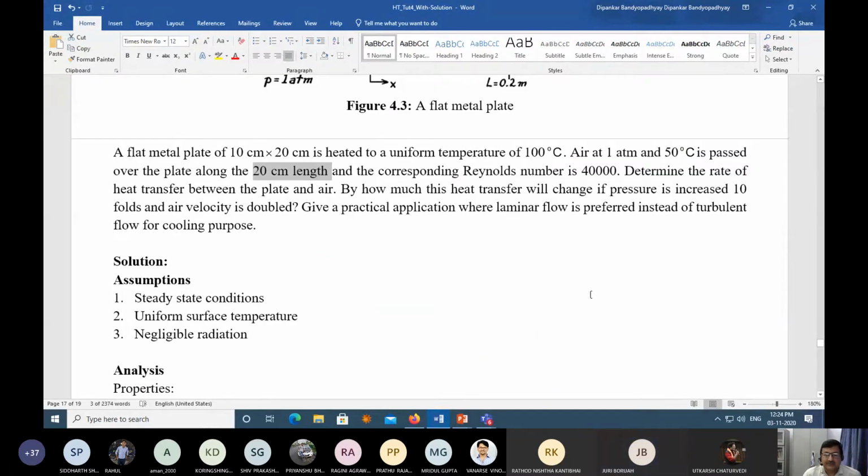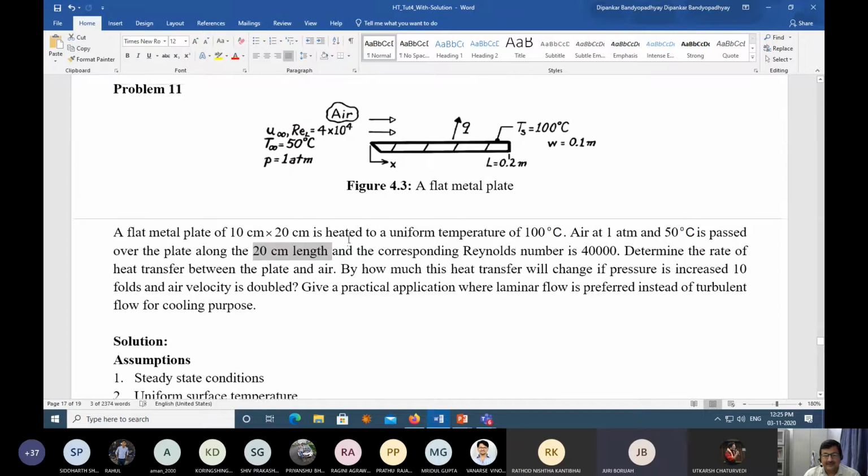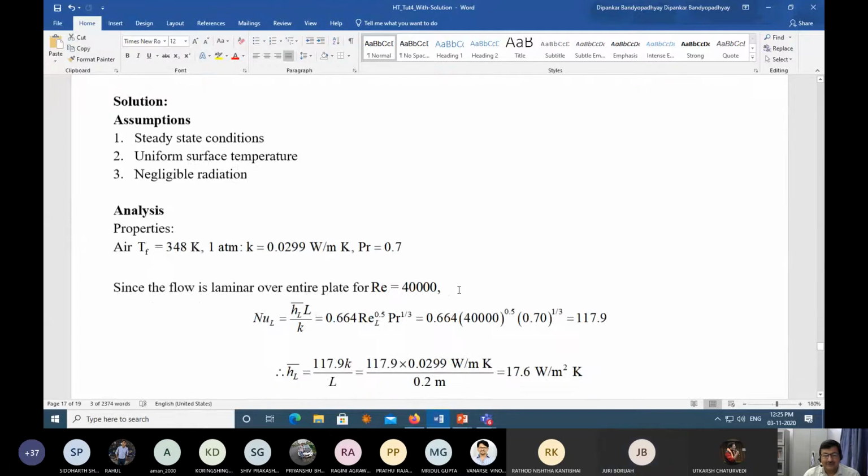Now what is the question that was asked? So Nusselt number, heat transfer coefficient, you know. Your question was to determine the rate of heat transfer between plate and air. I am assuming that this is only because of the forced convection and the boundary layer that is developed, right? So what will be the rate of heat transfer? What equation will you use? Q equal to... In convection, which law do you use for the rate of heat transfer? Sir, Q is equal to hA_s delta T. So that is Newton's law of cooling that you are going to use, correct?